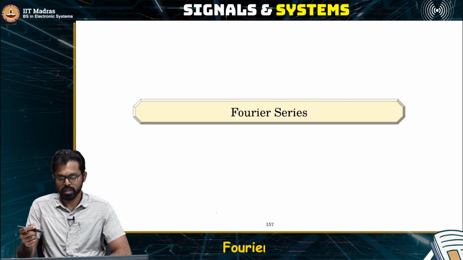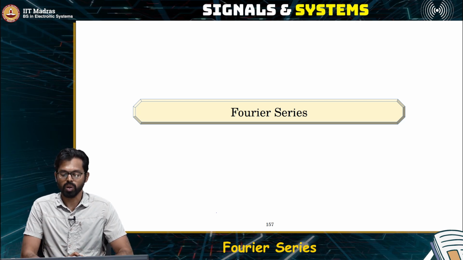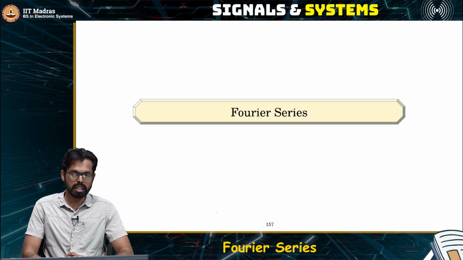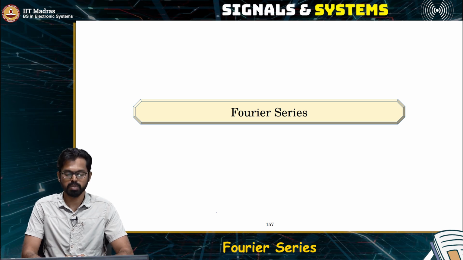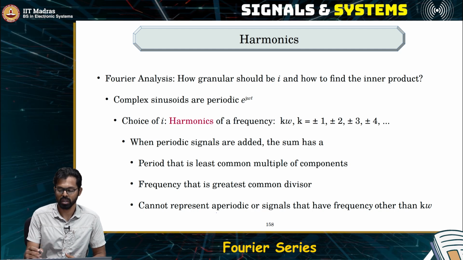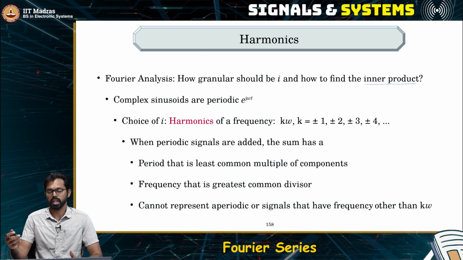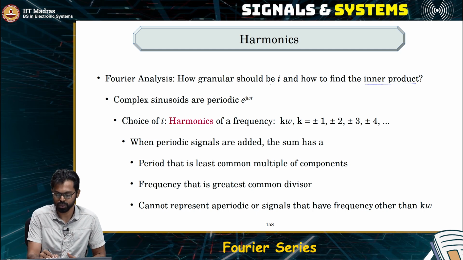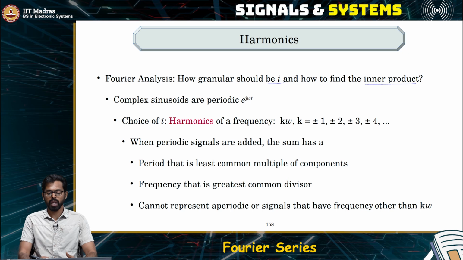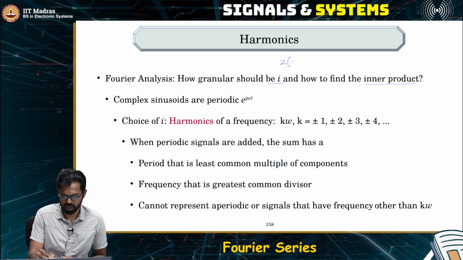In this lecture, we will see Fourier series, which is one type of the choice of eigenfunctions that we studied in the Fourier analysis lecture previously. So remember, earlier we ended up with one question: how to find the inner product when you have infinite energy for the phasors, and how to choose how many phasors to employ in order to compute the decomposition